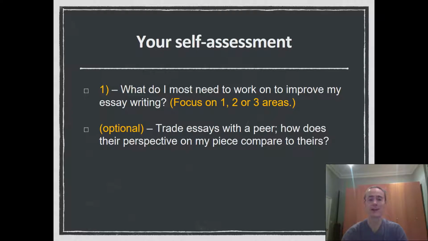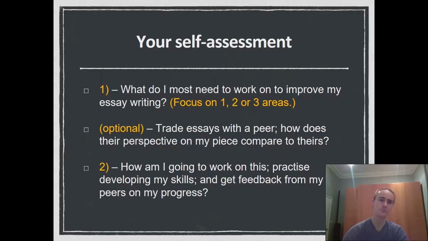And at this point, you've got a little optional step. I know as a group we're quite well met and collegial, so you might want to take the opportunity to trade essays with someone else in the group, go through this same, not self-assessment, but peer assessment process, and see if their perspective about your most important, most vital developments is the same as yours, and why, and if not,